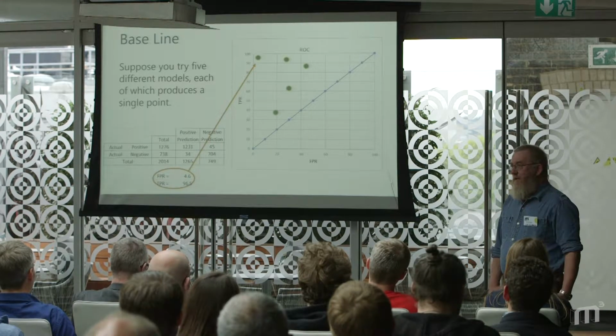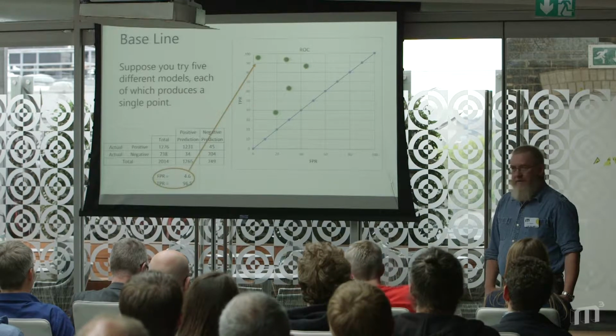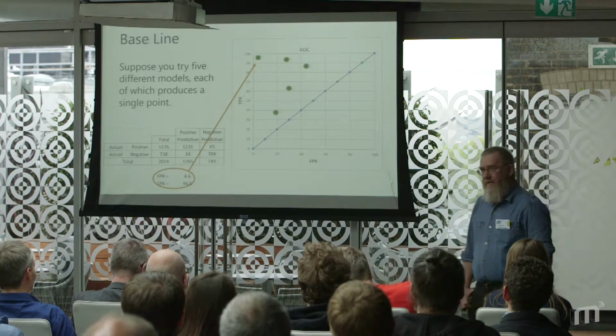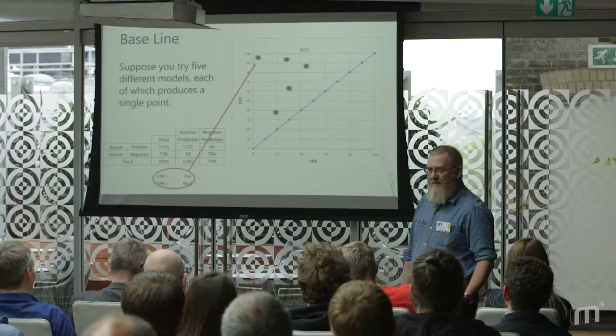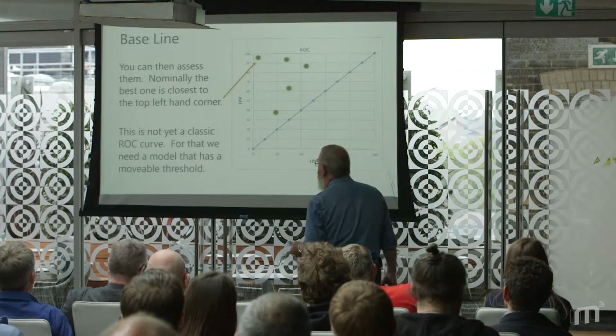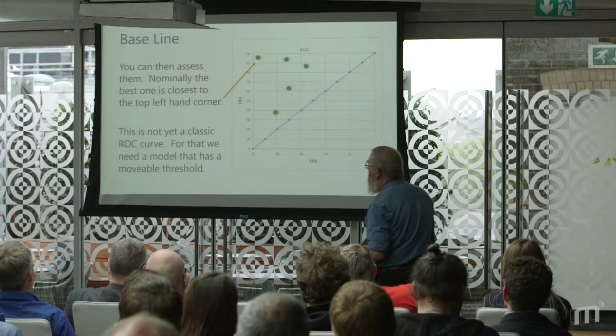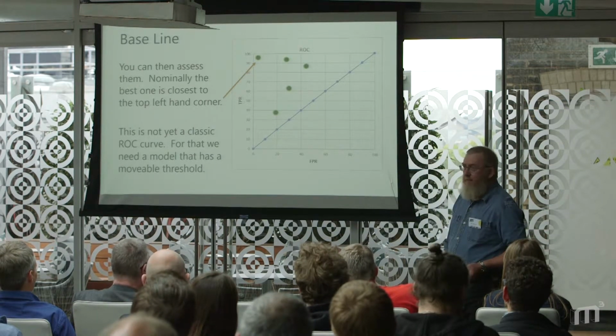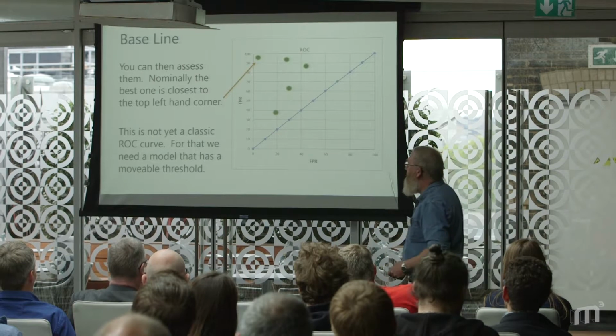You'll notice that these are still not curves. These are just splats on a graph. So you are beginning to feel significantly misled at this point, because there's no curve. Where's the curve? Okay, this is not yet a classic ROC curve, but it is finally about to appear, because